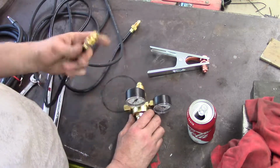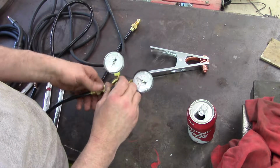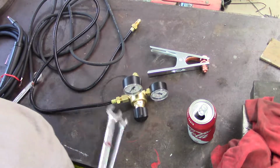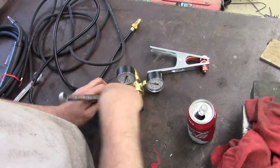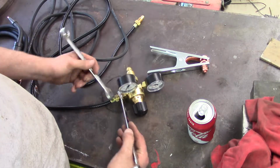So these are the gas fittings. This just goes in here like this. I'm not putting any dope on this. These are brass fittings. They're not designed to be used with any kind of sealant, and I don't want to introduce sealant into the system. So this one gets two. Got the wrong wrench. This one gets two wrenches,